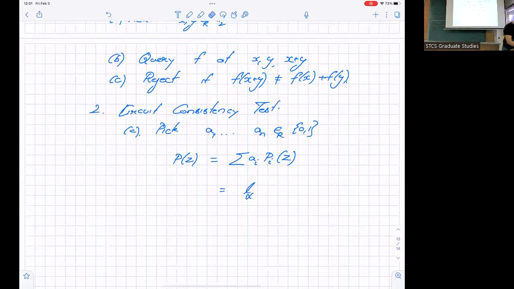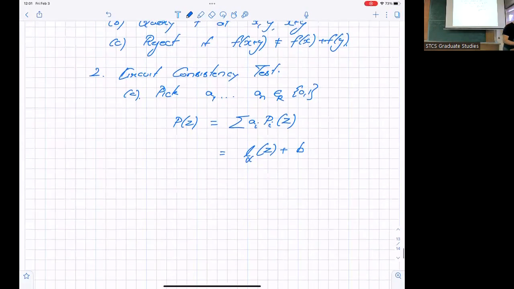of Z plus some B. If we assume P was a linear function, this is exactly something of this form. So then you just query F at... you want to query. So you now know that